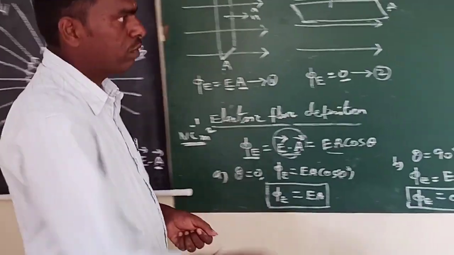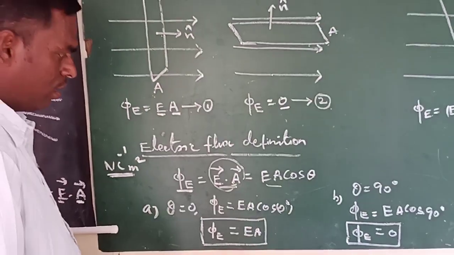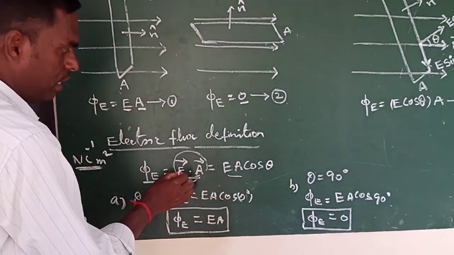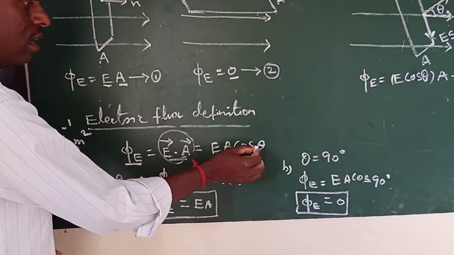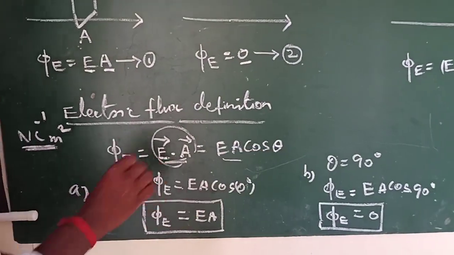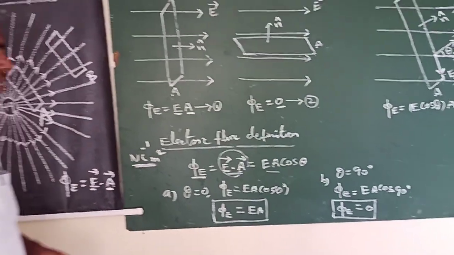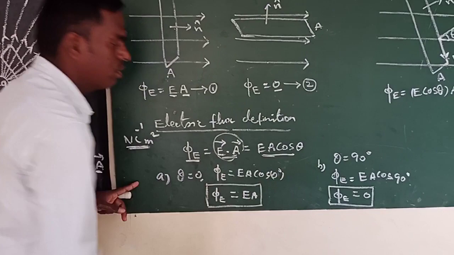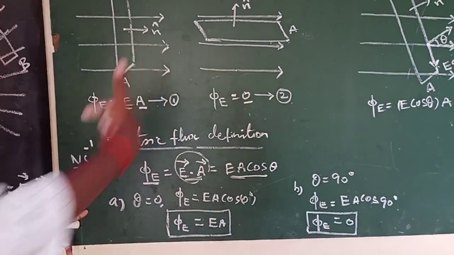Okay. Now the equation phi of E is equal to E cos theta into A. Have you seen it? Now this E vector dot A vector is a scalar product, so EA cos theta. Already you know the formula: A vector dot B vector is equal to AB cos theta. Now using this formula we can derive it. We have already said how equation 1 and equation 2 come about.